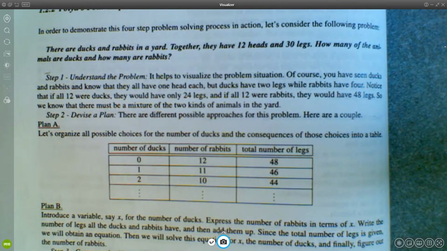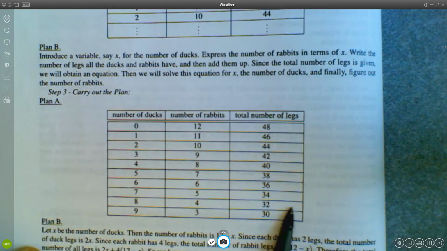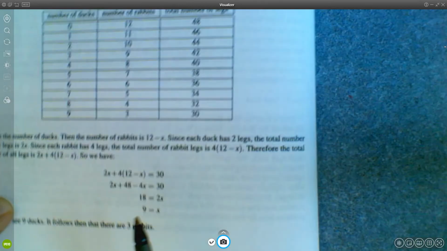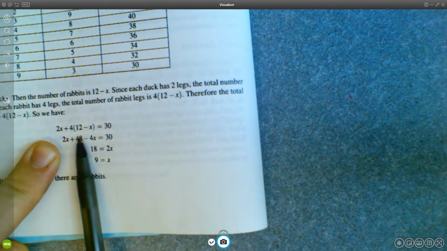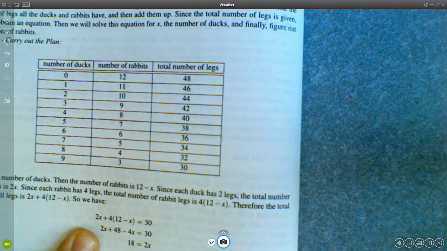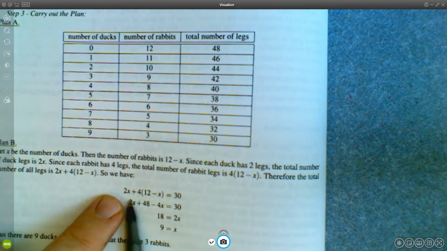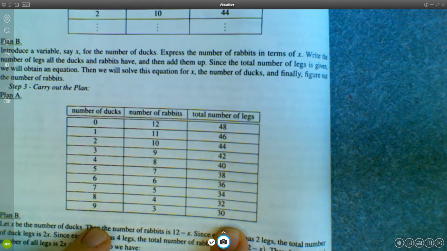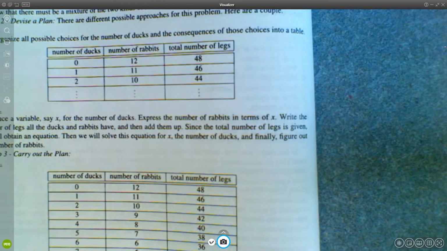So here's how this might work with this particular problem. You might see that making a table is an easier way for you to understand than just writing down an equation. I don't think there are very many people who can just read that problem and then say 2x plus 4 times (12 minus x) equals 30. Obviously, right? It's like, what in the world? Where did that even come from? Well, one way that you can see where this is coming from is if you use your table. That was an easier approach for you to see where this equation is coming from, right? So looking at this table,